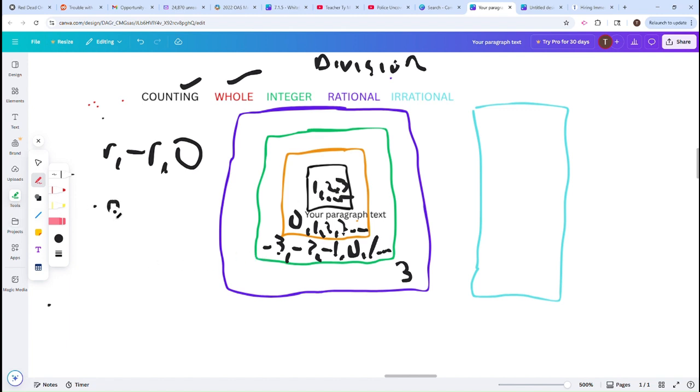Well, just off the bat here, 9 divided by 3 is 3. And what about this negative 3? Okay, well, let's make it negative 9 divided by 3. That is negative 3. So that's how every whole number is in